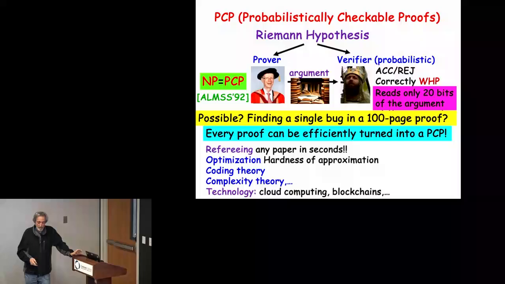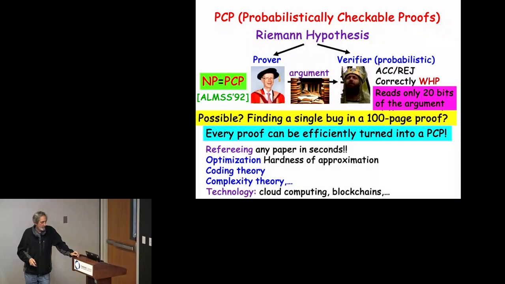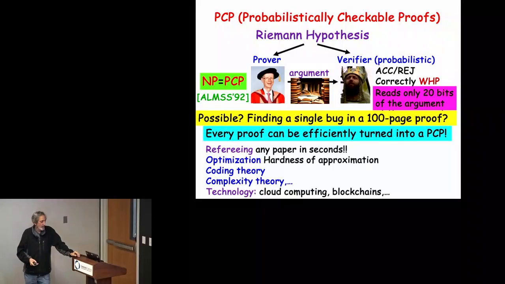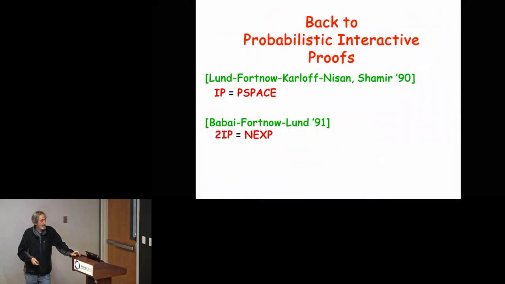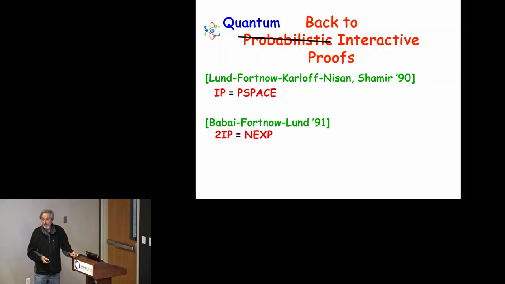Yeah, and this too is implemented, now in particular in blockchain systems, and very important to cloud computing also, to delegation of computation. Okay, so now I'm very good at getting to my last part of the talk. So I told you about these two or three major results regarding probabilistic interactive proofs, and we are going to again extend the model, and instead of randomized machines, we allow the verifiers and the provers to be quantum.